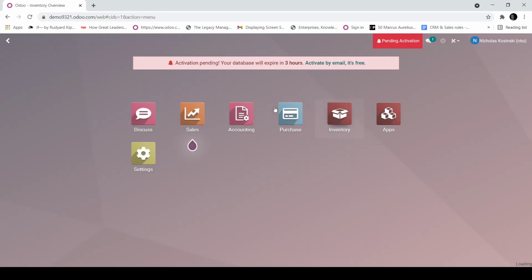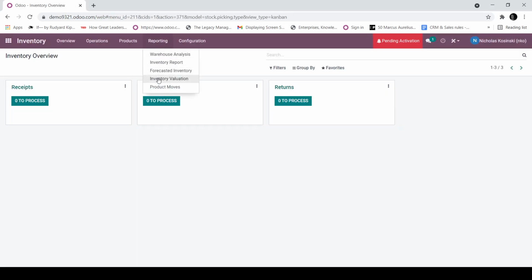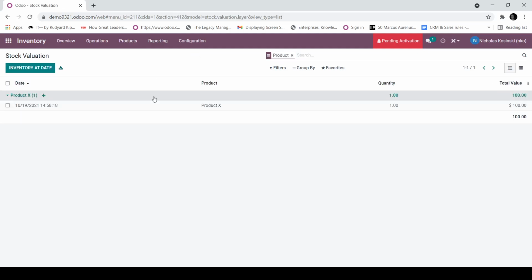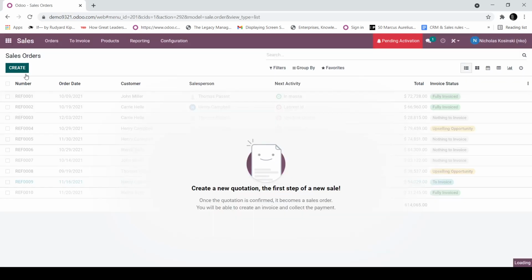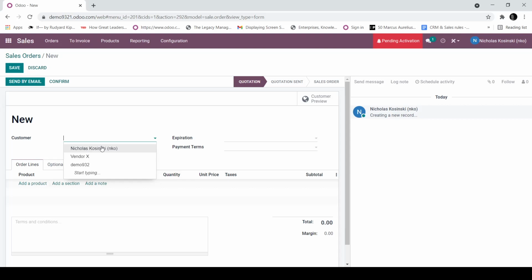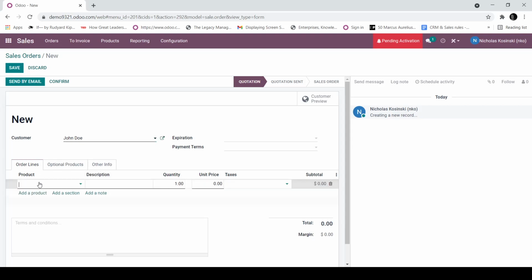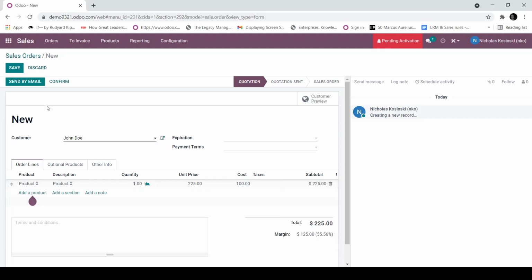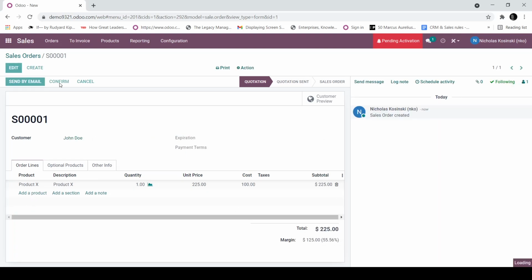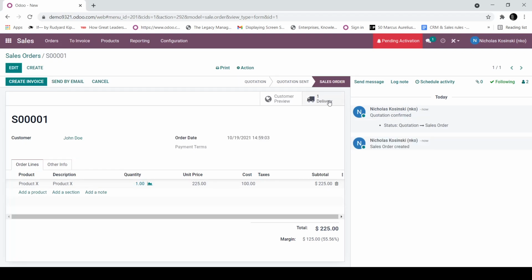Let's look at inventory, and we'll see here from a reporting standpoint, valuation, we have 1 unit on hand for $100, as expected. Now, let's go ahead and sell this product. So I turn around, create the order, we'll sell it to John Doe. I'm going to sell this product to John Doe for $225, and here you'll see our cost of 100. Right? We have not inputted a landed cost yet. But I'll go ahead, deliver this product,